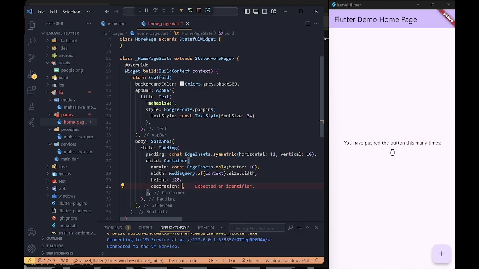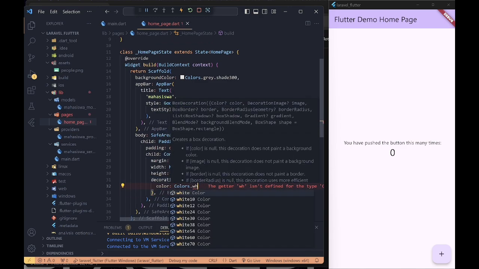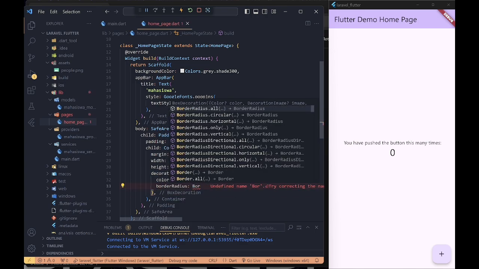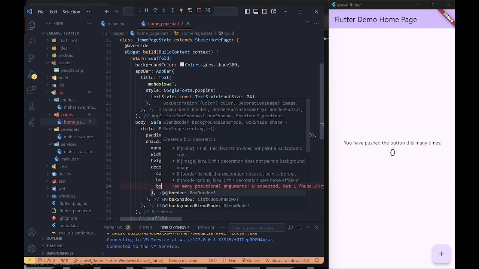And for the height it is 130. And for the border radius I add circular 10.